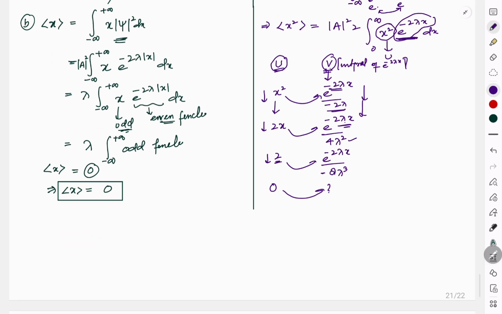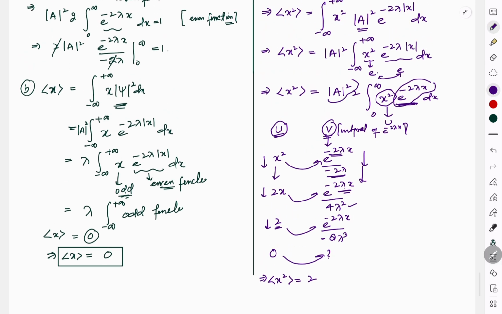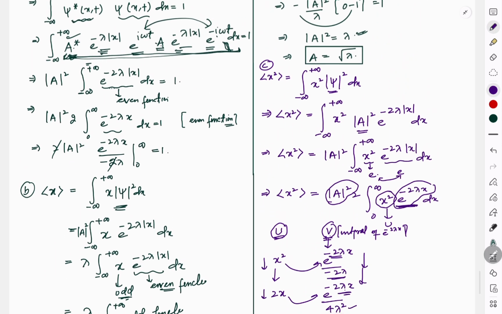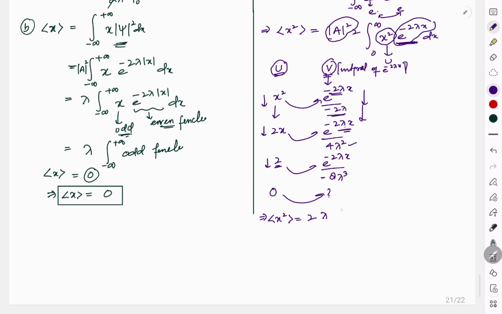Now we'll write this integral like this. So expectation value of x square equals 2 times, and mod a square have been already calculated above somewhere. Here it is lambda, so it is lambda. Now write the integration like this. Now multiply these two. Okay, x square e power minus 2 lambda of x from 0 to infinity. Now second term would be